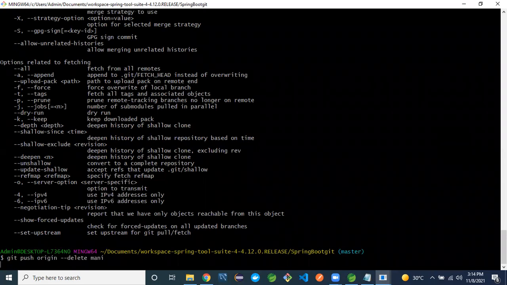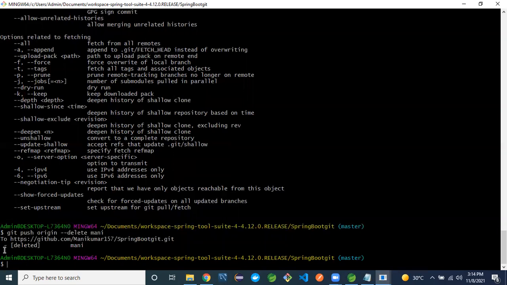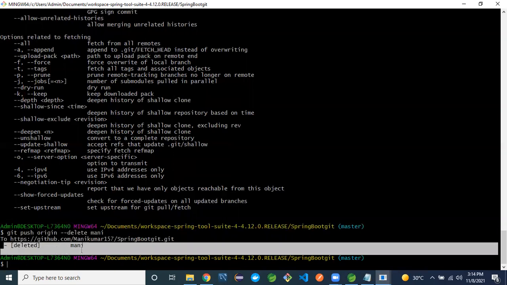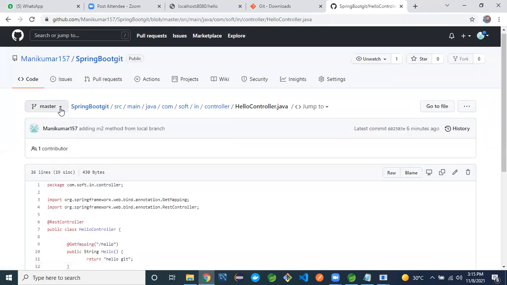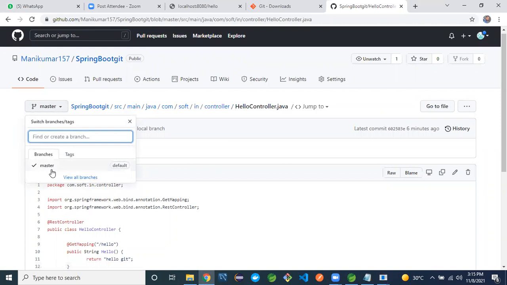Enter. See, the money branch is deleted. Check, refresh here. See, there is no money branch. It is deleted. Only the master branch is available here.